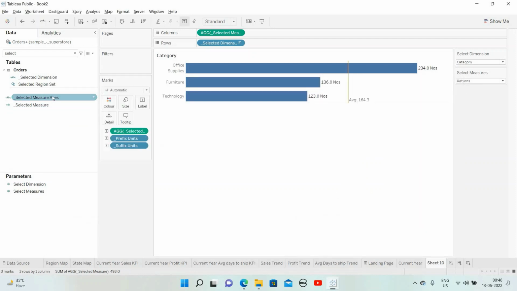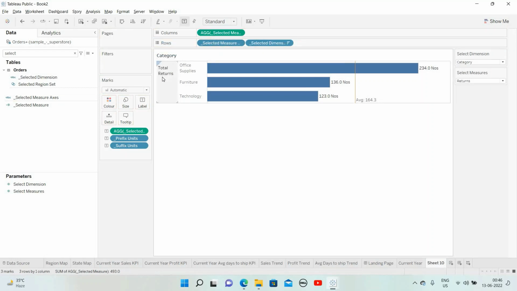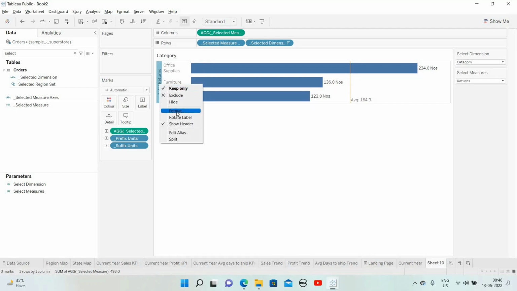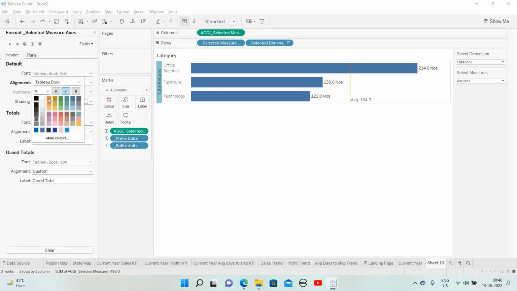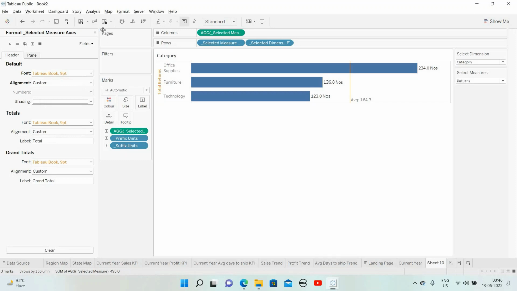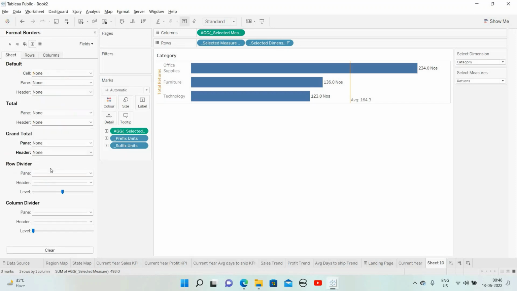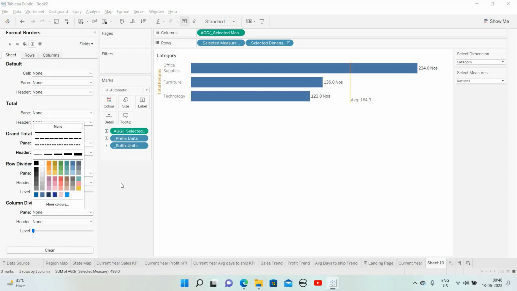Apply, okay. So now just drag this here, right click, rotate, and format, make this orange and bold, right? Just remove this row divider, remove this divider,